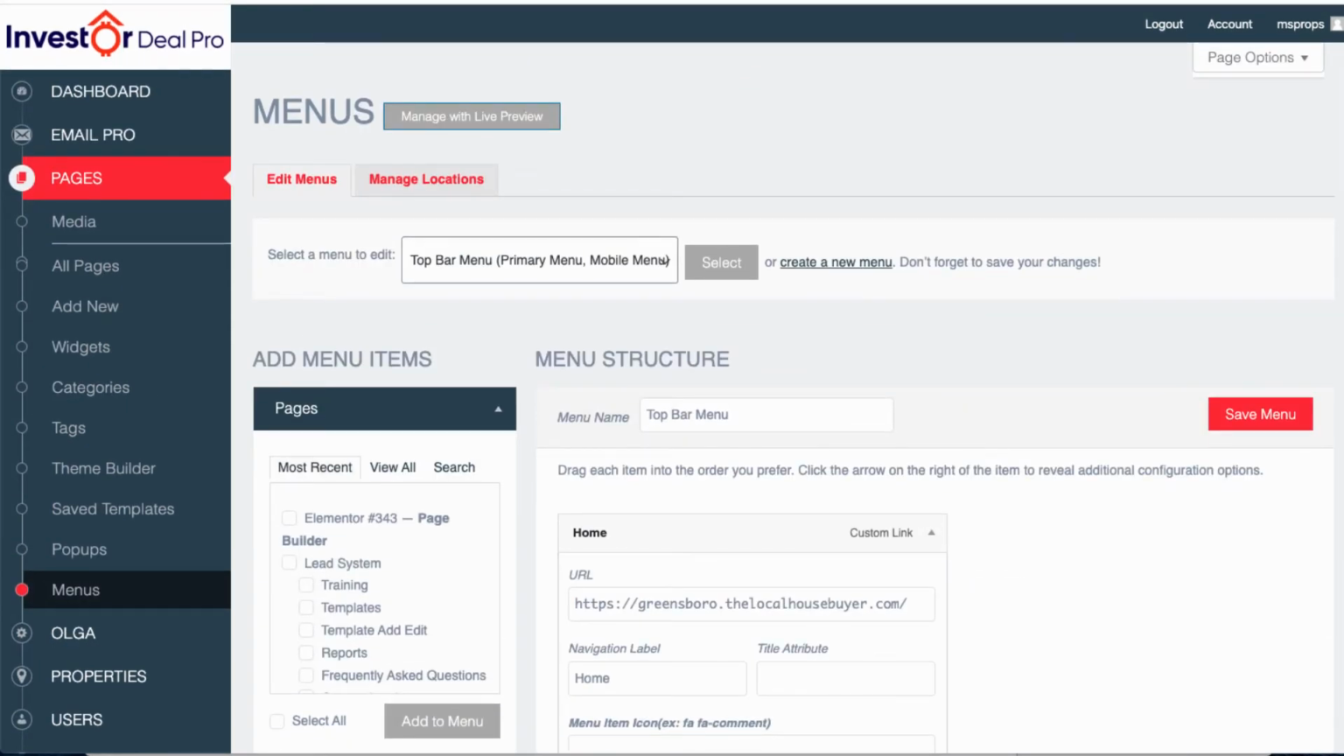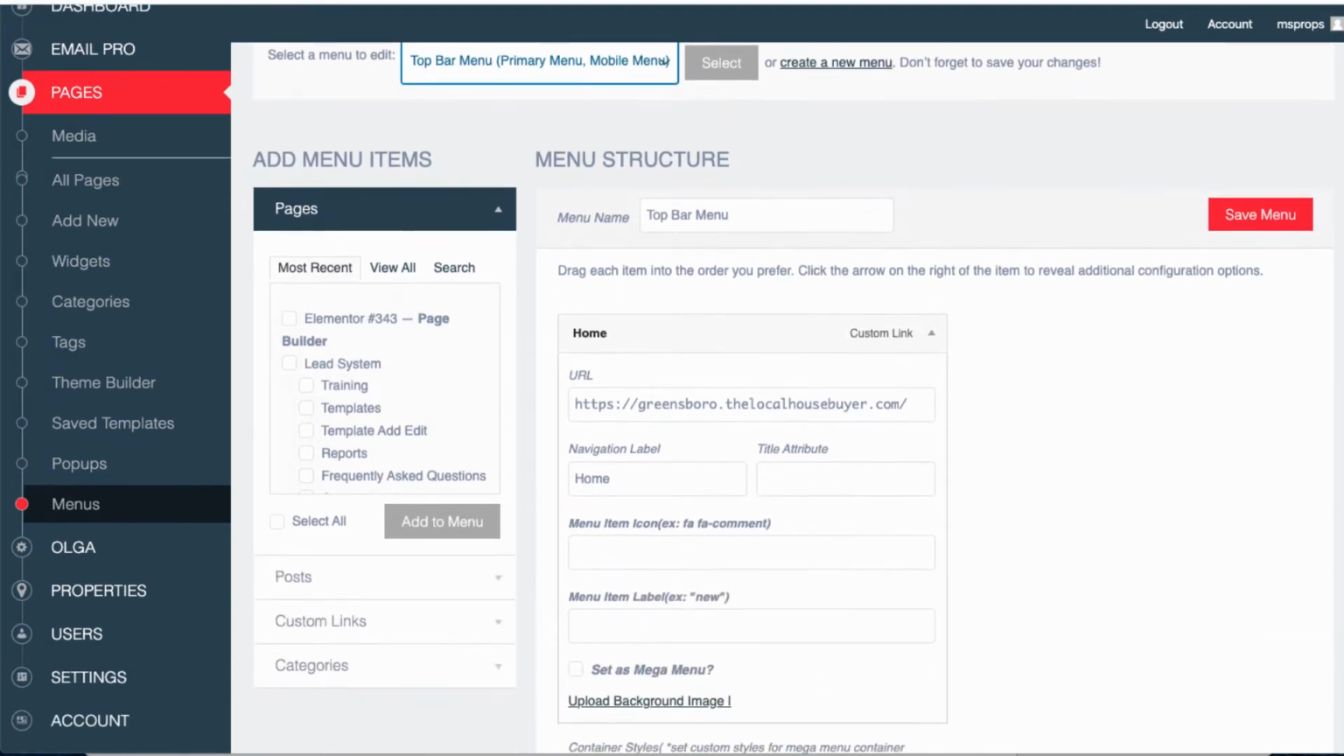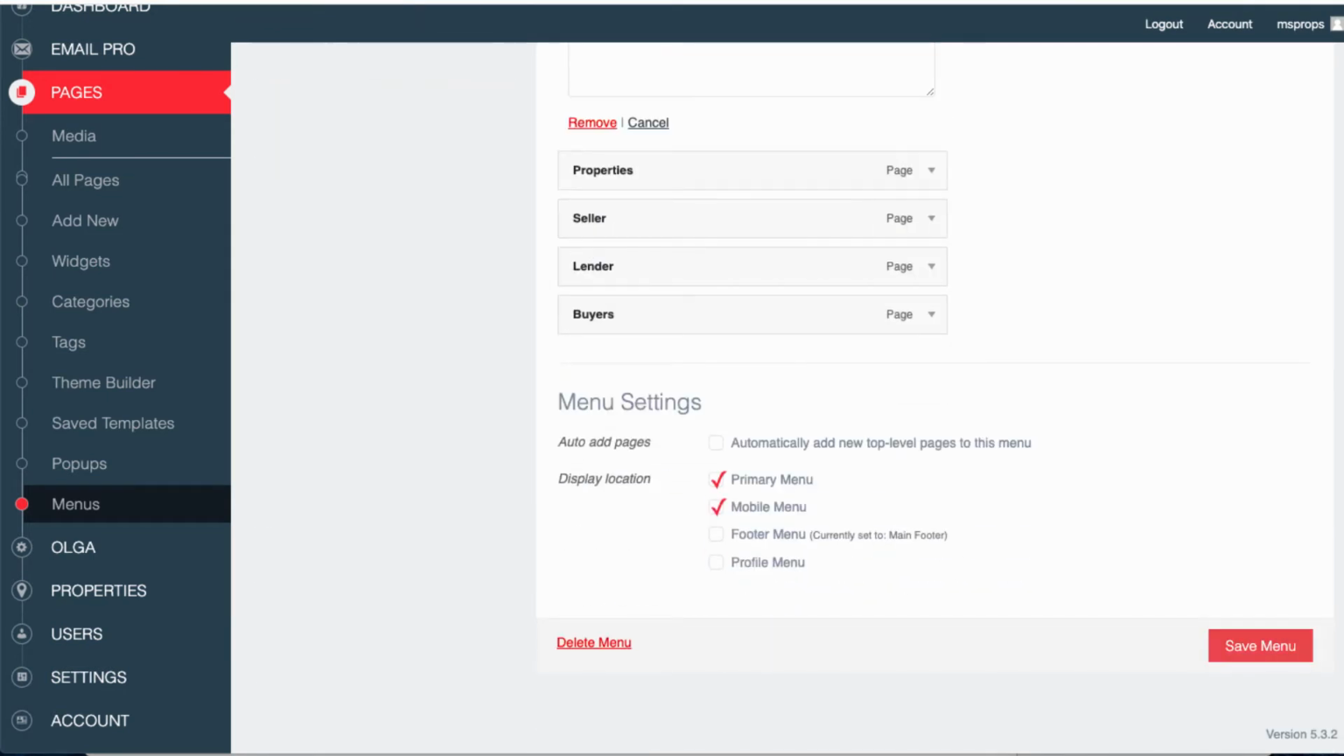Another thing you want to keep in mind is make sure up at the very top you select under the drop down it says top bar menu. Make sure that you select that, and then this will be the top bar menu. As you can see right here, this will be the menu that you're actually editing. I'm going to go ahead and click on save menu,